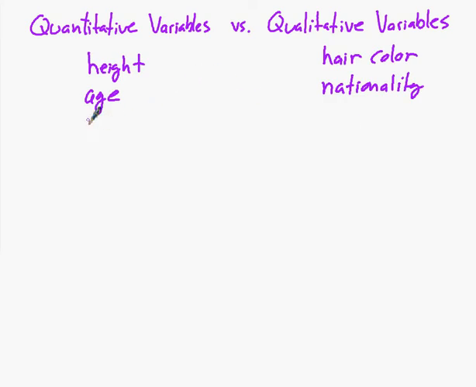It's important to distinguish between the two because we can do different things with different analyses depending on the type of variable it is. Age, we could average, for example. It's hard to average nationality or hair color. Now, once you've identified the individuals, you've identified the variables, you've figured out whether it's a quantitative or qualitative variable,